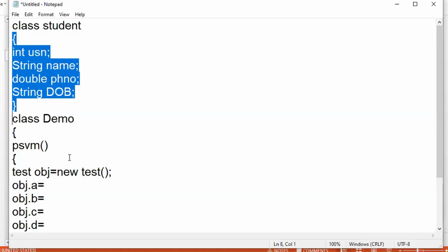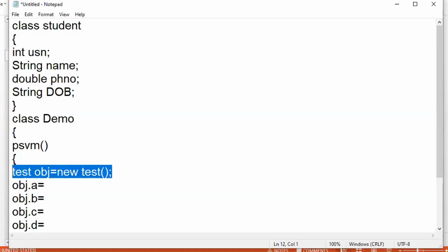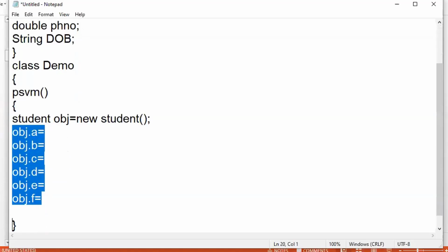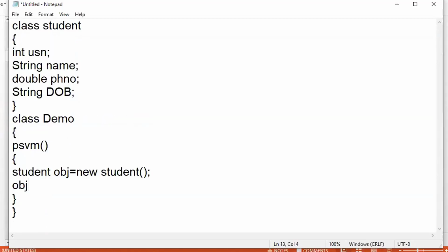Once I create an object of this class, Student obj = new Student, my requirement is to store those different values for each student. So I need to write obj.usn = some USN, obj.name = some name.